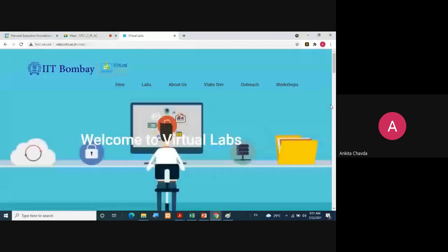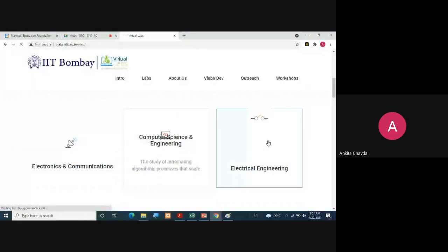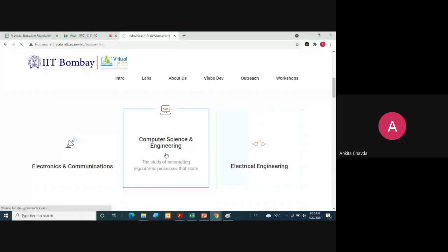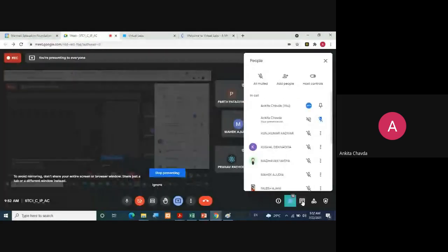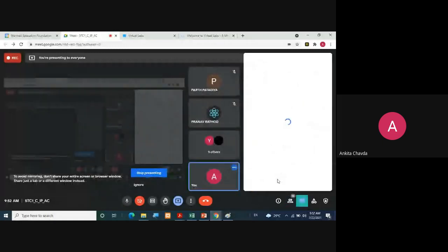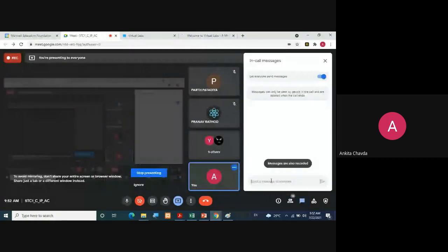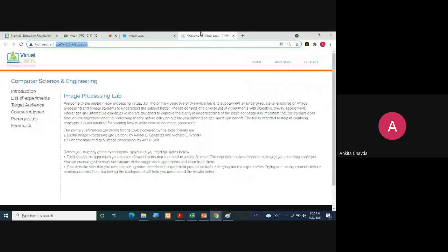Okay. Select this computer science and engineering and select the subject image processing lab. So please open it and just check the list of experiments.